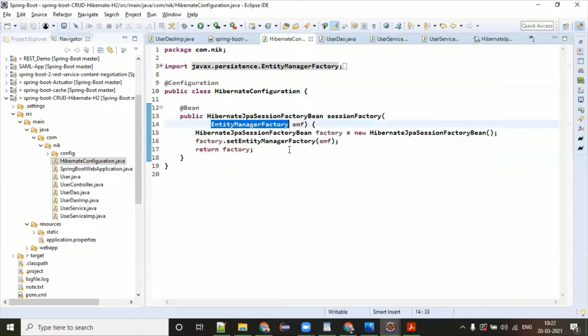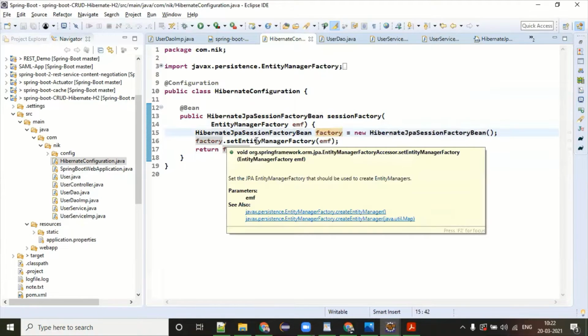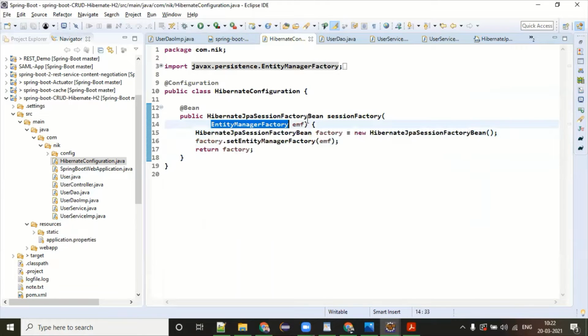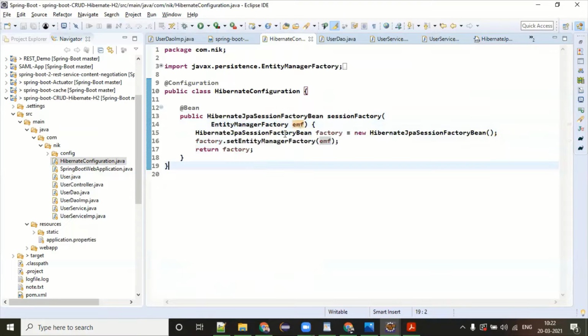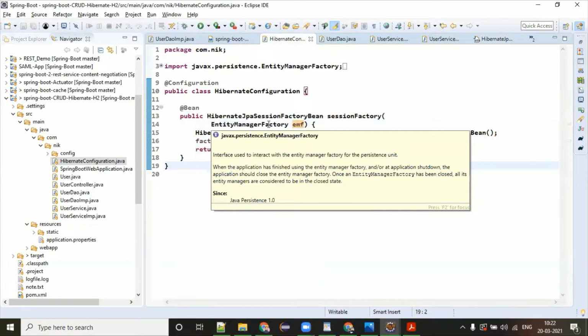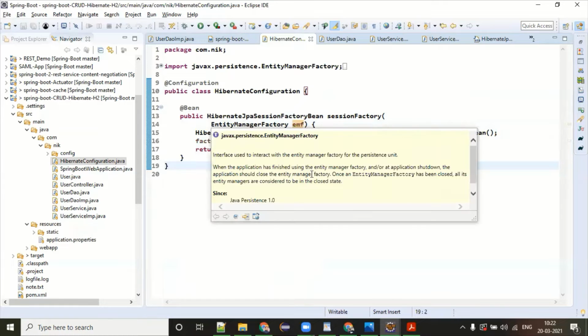But I'm not quite sure why I have added this. Usually we need to get a session factory, and this is not mandatory. I will check after removing this whether it's working or not. But yes, this is mainly for cleanup purposes. When you are doing shutdown, you want the connection and factory to be properly closed.